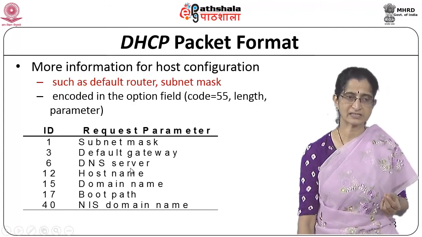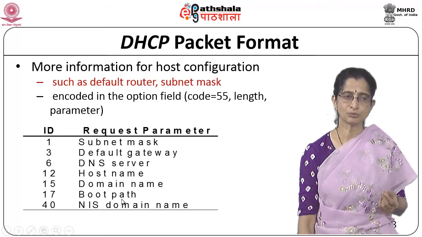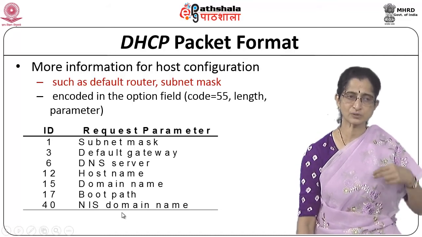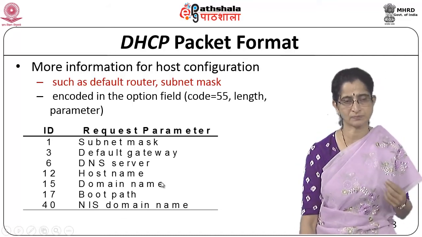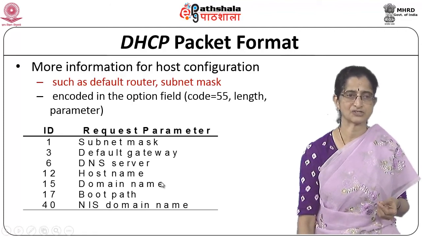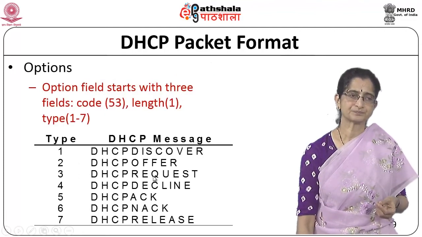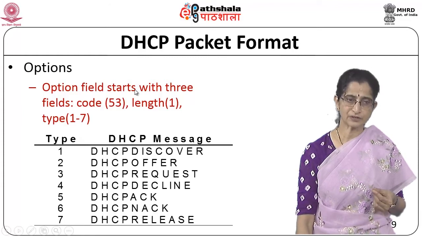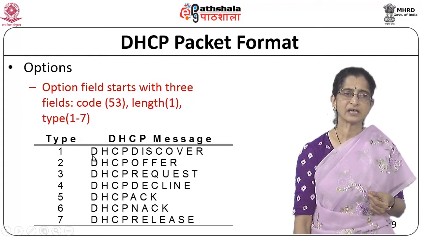6, asking for the DNS server, host name, domain name, boot path, NIS domain name, and so on. So there are many parameters that you could ask for as part of the DHCP message itself. And among the different options that we saw, that is, if it is of types